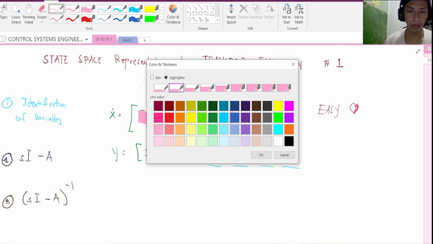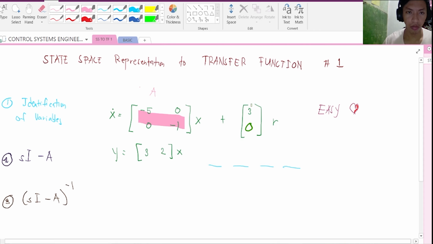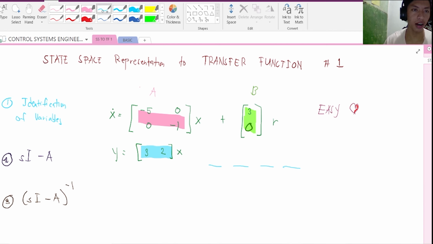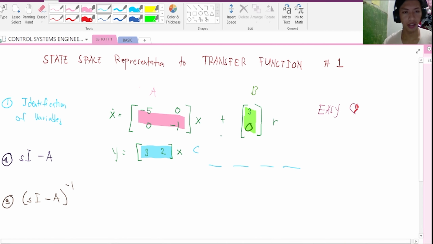The third, the RB, would be this one, and lastly this one. That's our C. Okay, and then we're done with the